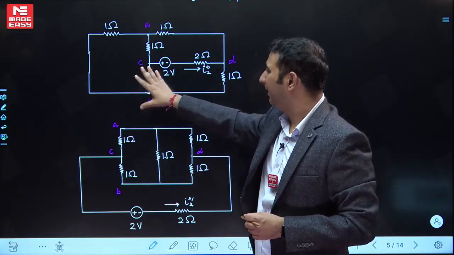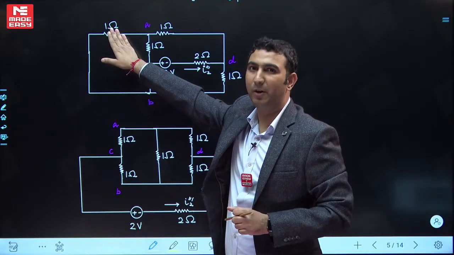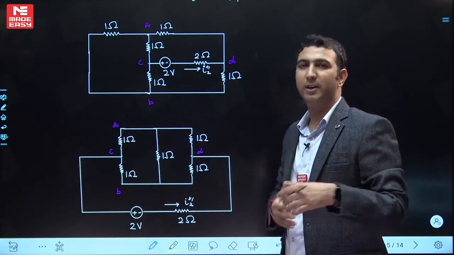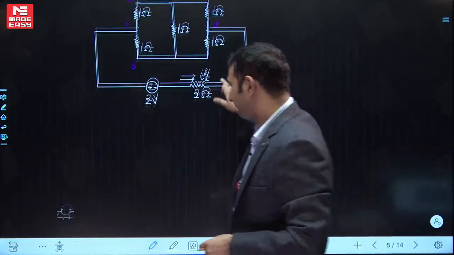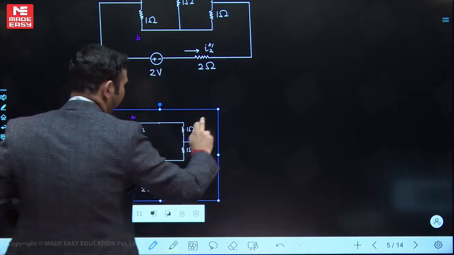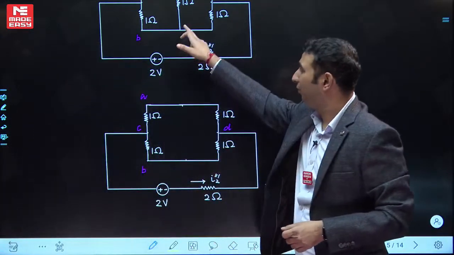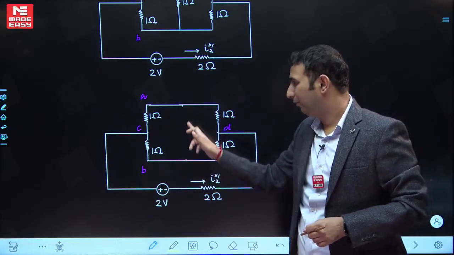अगर यहीं पे देखते तो ये हमारा क्या होता, डमी, बिकॉज करंट तो फ्लो करती नहीं यहाँ से. So we could have replaced it either by a short circuit or by an open circuit, both we can do. So let's replace it by an open circuit, because resistors हैं तो open circuit preferable है. तो हमने इसको ओपन सर्किट से रिप्लेस कर दिया. अब इसकी इक्विवेलेंट रेजिस्टेंस निकालेंगे, वो 1 ओम आएगी.